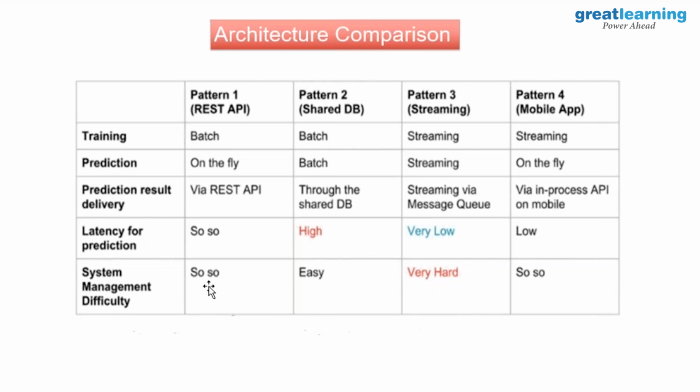Doesn't mean that you will never be put in there, but if you are an individual with 2 to 3 years of experience responsible for model development, the chances are you will not be put into deployment. Deployment, as you can see, is actually making the model move from a staging to a production environment, which is a very, very critical job. So depending on what role you are, depending on where you land up, it is not necessary that every data scientist will be into model deployment. But you should know how a model is deployed.